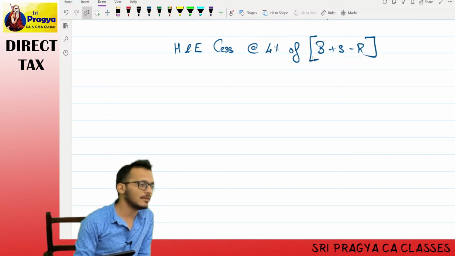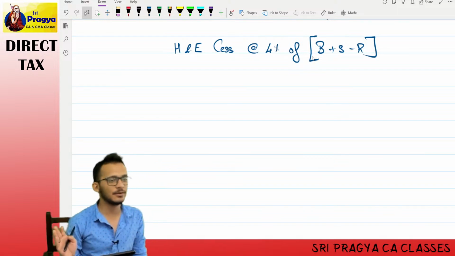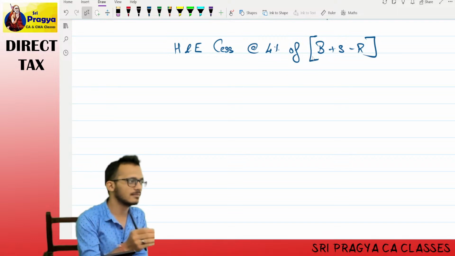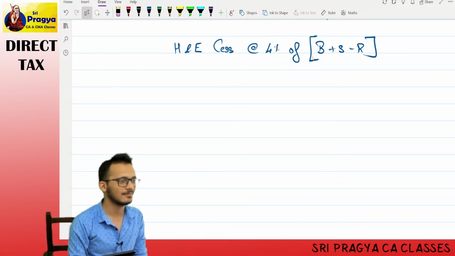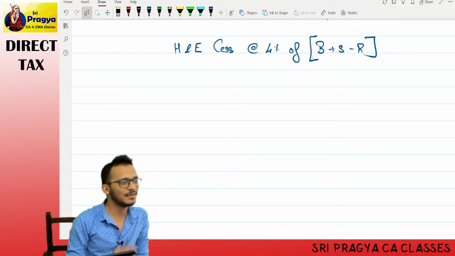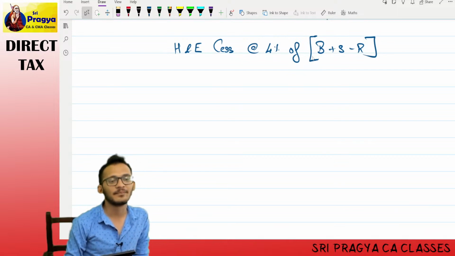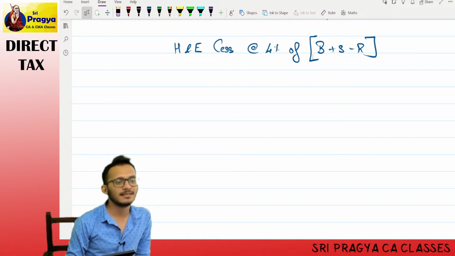We'll come to a scenario as we progress. Now you have just touched the surface. By the time you come to the next class, you will realize that even the poor will pay tax. How and what, we'll discuss next class. Right now the poor will not pay tax. Next class, the poor will also pay tax, and at that time the poor will also pay cess. Right now he will not pay. Okay? Yes. Let's conclude the question.